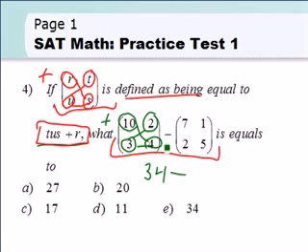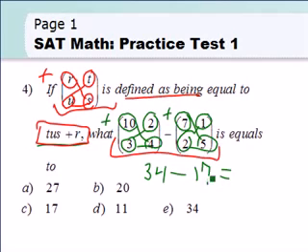Now let's use the same formula to evaluate this other expression. So I have 1 times 2, that's 2, times 5, it's 10, plus 7, it's 17. So that evaluates to 34 minus 17, and that is equal to 17. The answer is